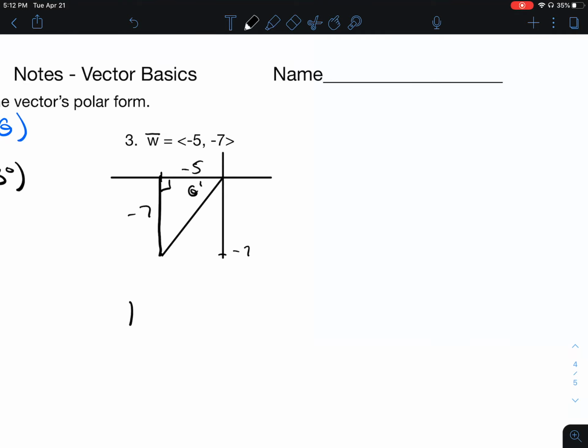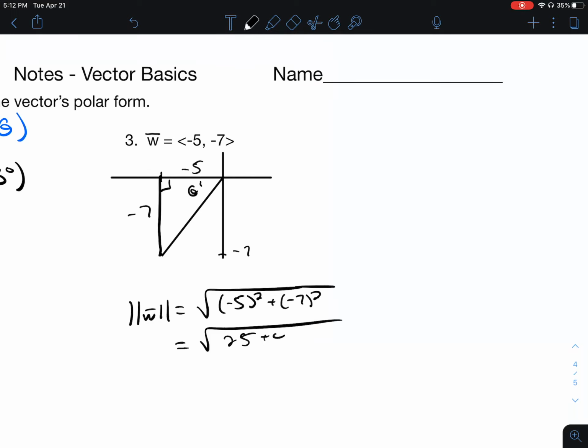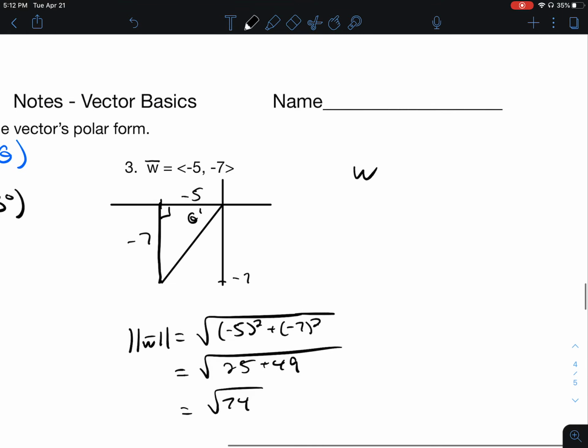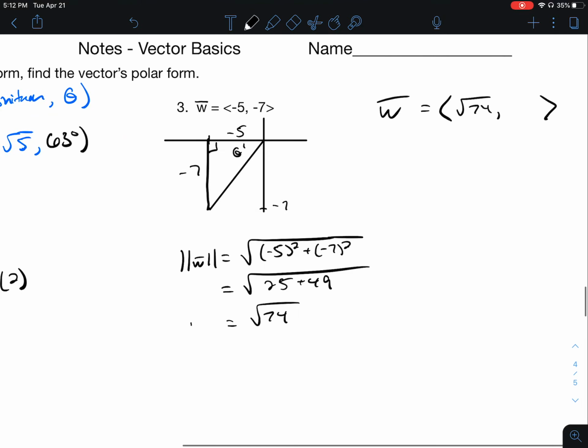To find the magnitude of vector W, it's the square root of the x value squared plus the y value squared. It's going to be 25 plus 49. It's going to be 74. So W in polar form is going to be square root of 74, and then we're going to have whatever angle we get. Now to find this angle,